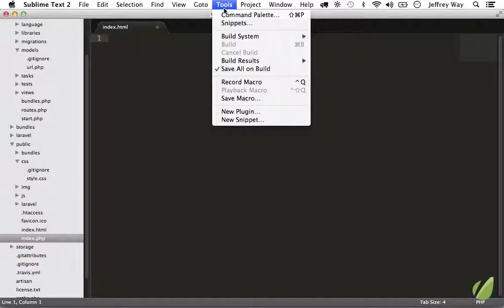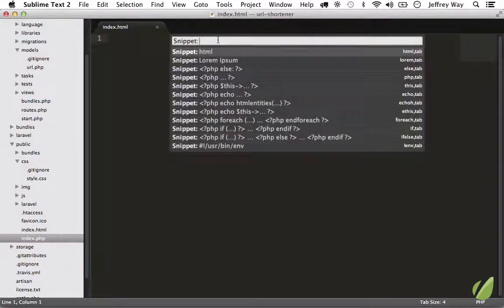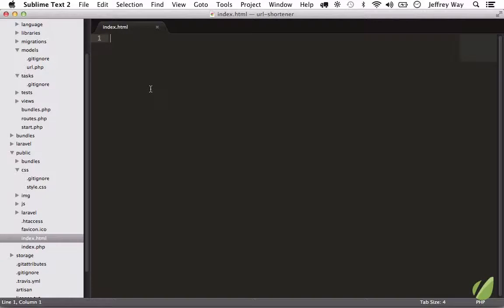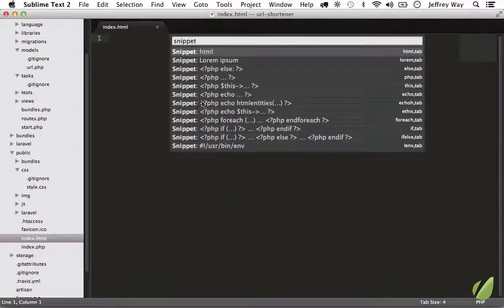Well, if I go to Tools, Snippets, you'll see that we bring up this panel, and this is what you're going to find with a lot of the menu options. They're just redirecting you to that command palette. So instead, just bring up Shift-Command-P, Snippet, and now you can see all of the snippets that are associated with